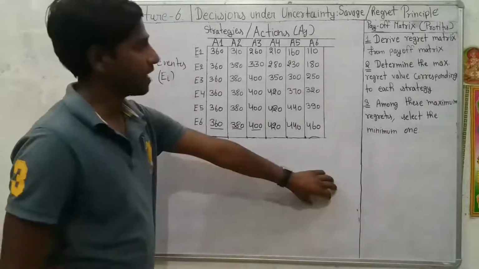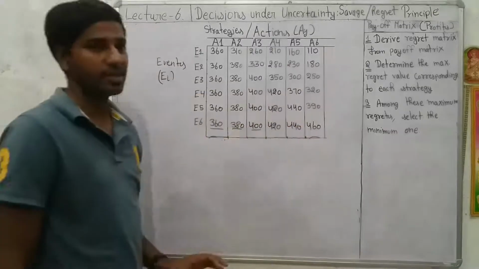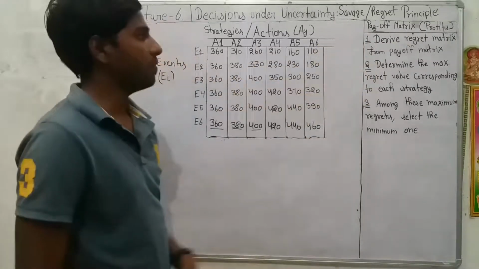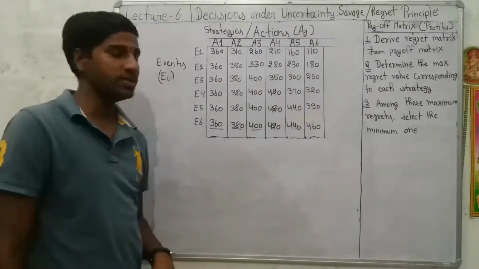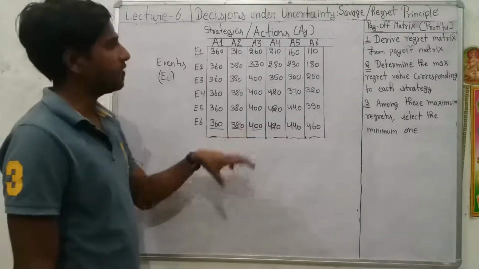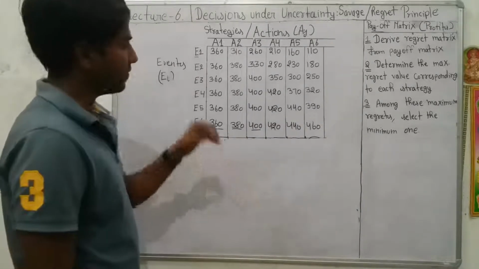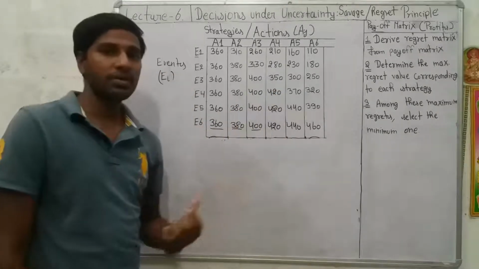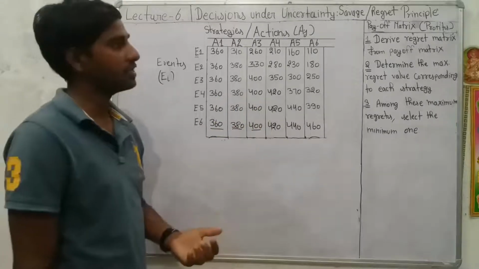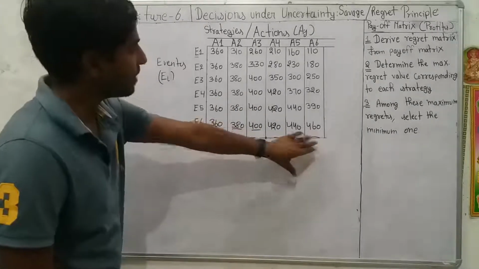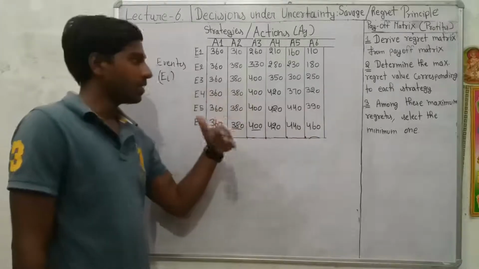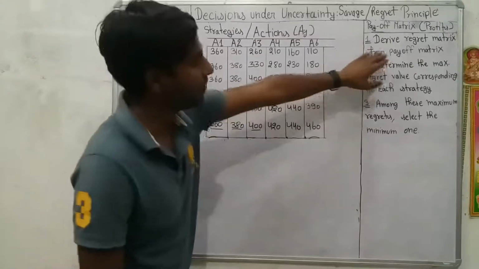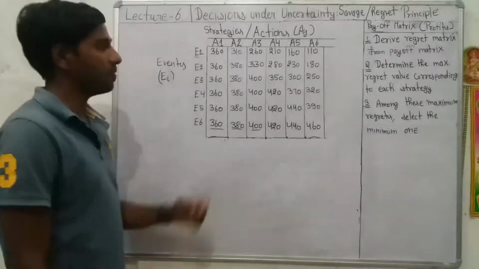So what would be the procedure of calculating the optimal strategy in this situation? Step 1, derive regret matrix from payoff matrix. Before starting the procedure, we should look carefully at the given illustration and identify whether the payoffs of the matrix represent profits, costs, or regrets or opportunity loss. If the payoff matrix shows profits, then first we need to derive the regret matrix or regret table from the payoff matrix.